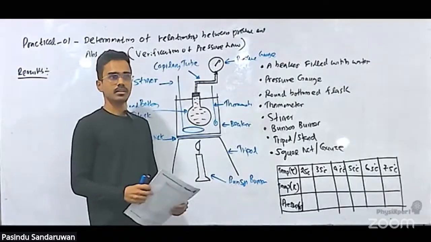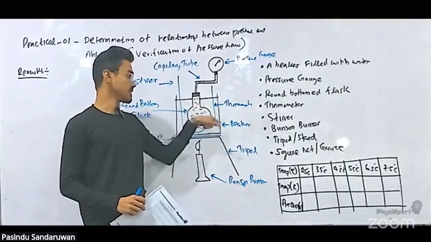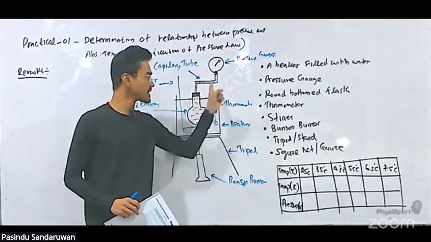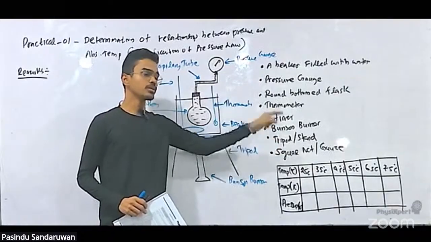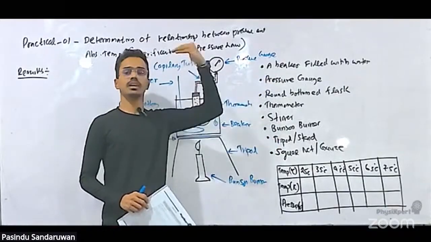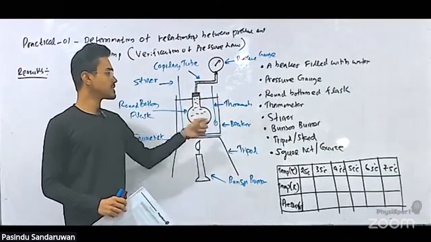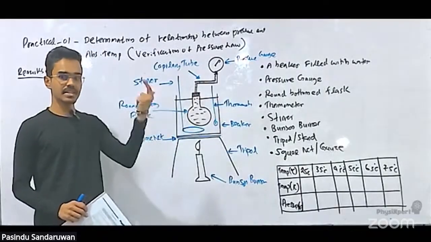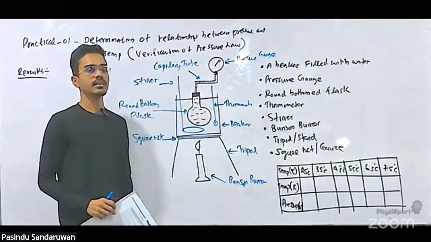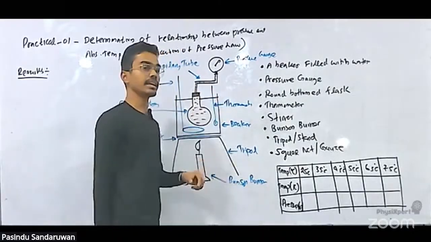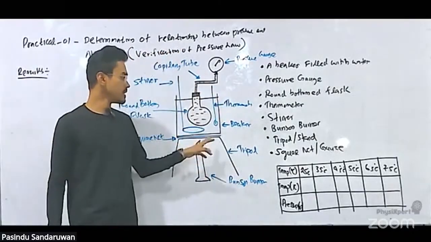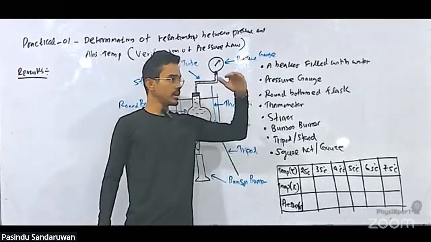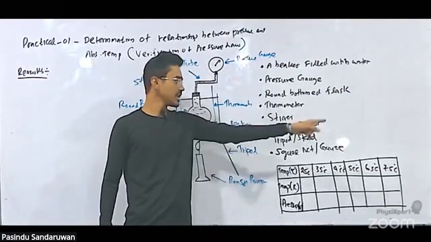Got the point? When the thermometer shows a temperature of 25, if you remove the burner until you take the measurement, that temperature is not going to stop at 25. It is going to rise above 25, because even though you remove the burner at 25, there is another additional amount of heat that is not acquired by the gas. To minimize that error, as a precaution, what we do is we heat this